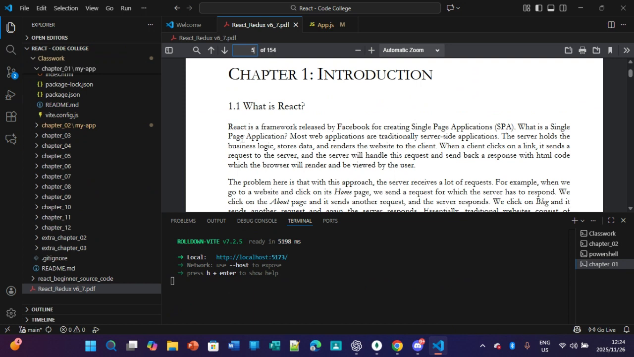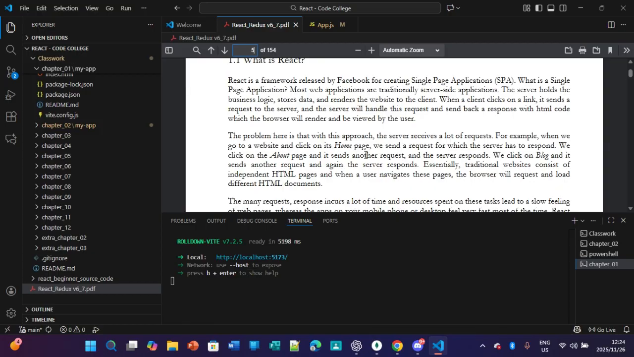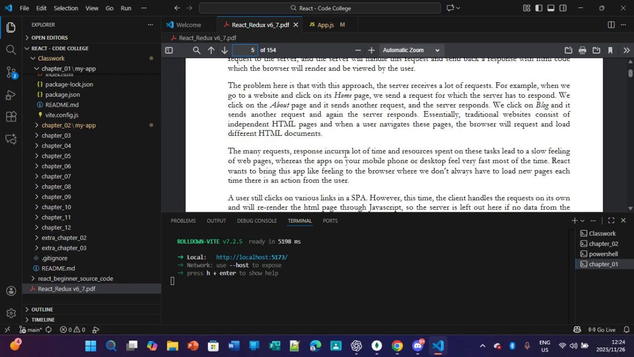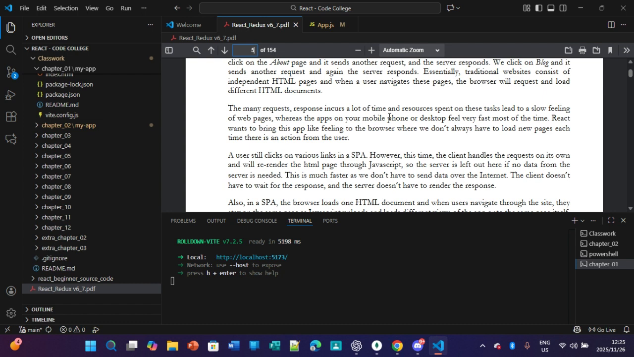Most web applications are traditionally server side. So the server holds the business logic, stores data, and renders the website to the client. When a client clicks on a link, it sends a request to the server, and the server will handle this request and send back response HTML code. The problem here is that with this approach, the server requires a lot of requests, pretty much like what we had in Node.js. So the main request response incurs a lot of time